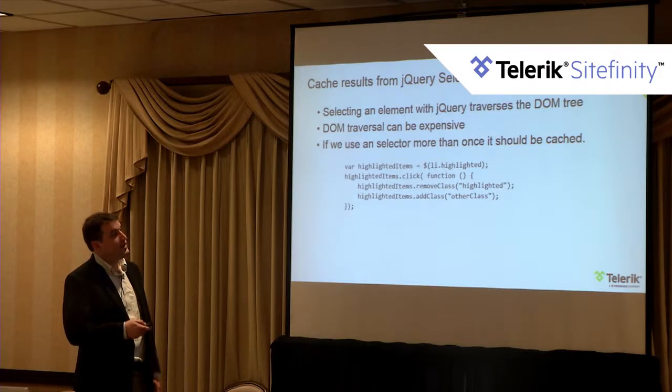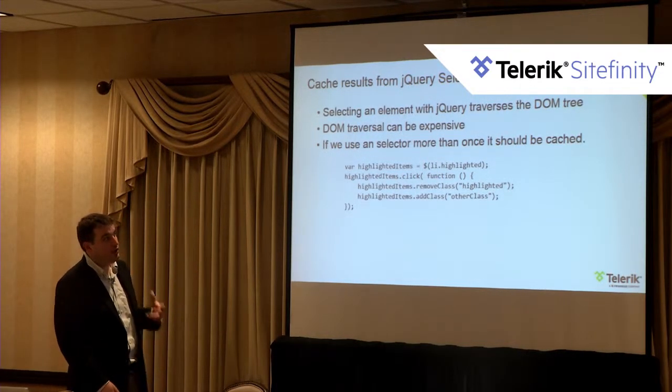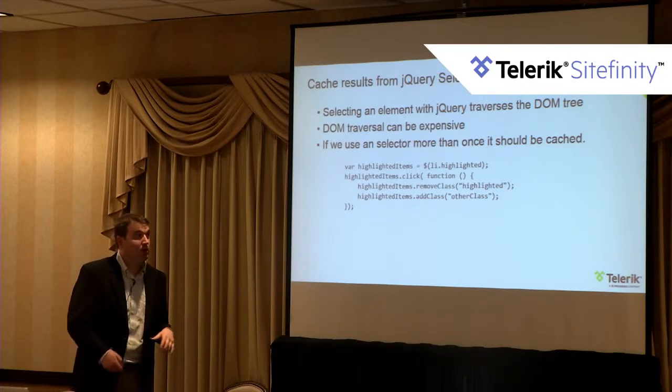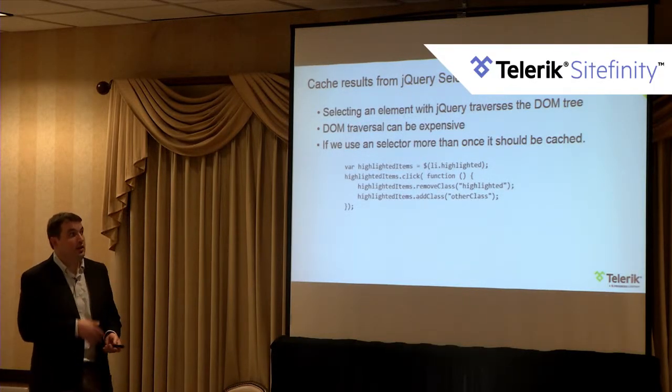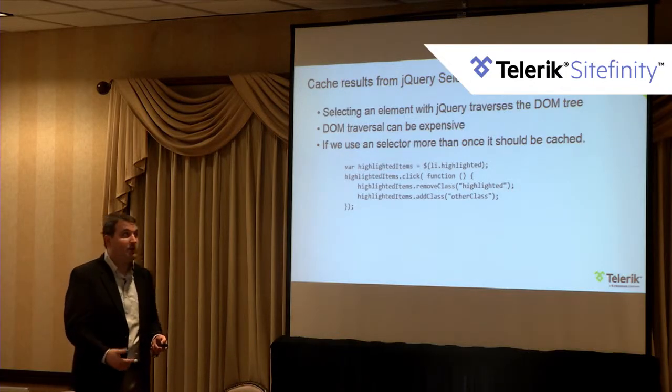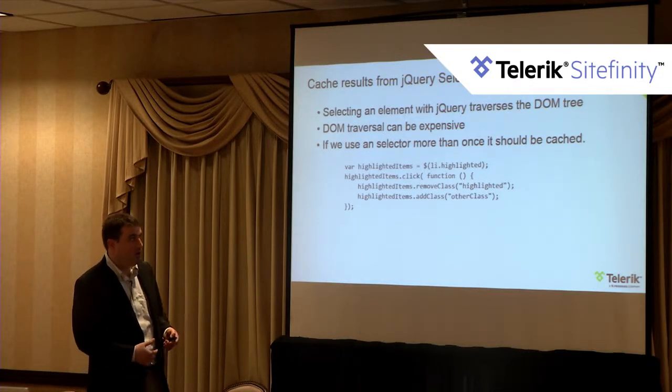So if instead of using this highlighted items.click, we just use this actual selector there, the query would not be cached. Anytime that click action happened, we would be traversing the DOM tree again. So in cases where we do know this is something